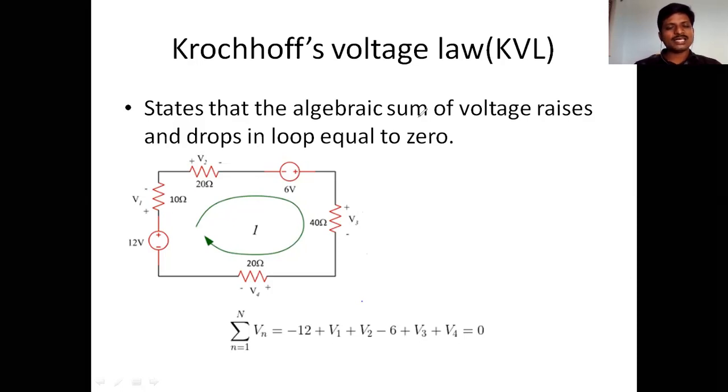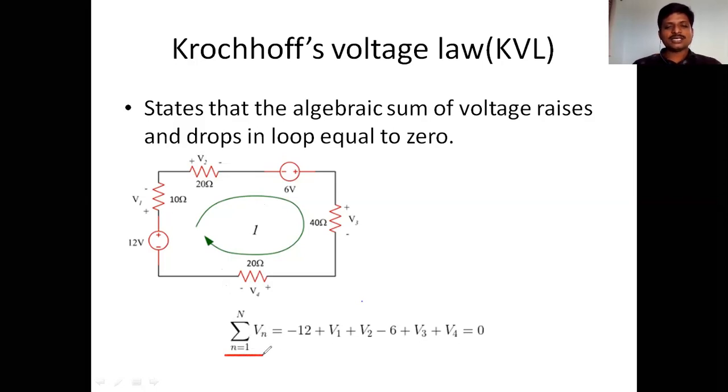So the sum of voltage rises and voltage drops in a loop equal to 0. Voltage rises are provided by the active elements or sources, and voltage drops are provided by the passive elements, or in this example we can see resistors. Okay. So using Ohm's law, you can write the expression, or you can see here